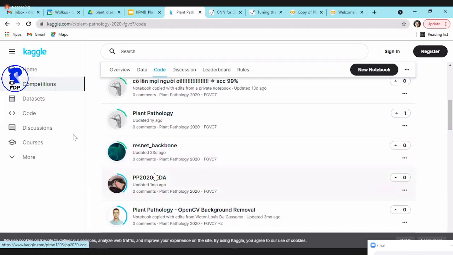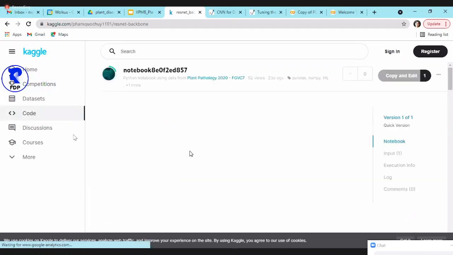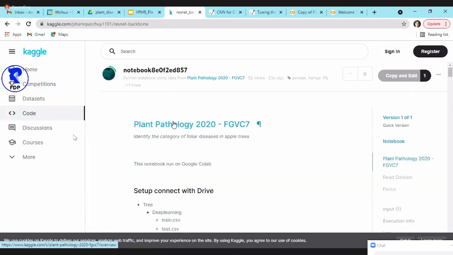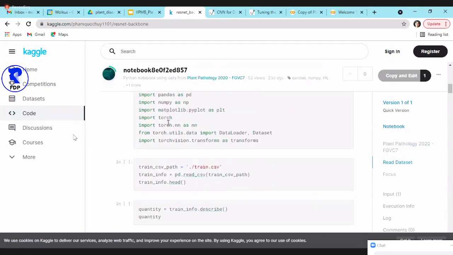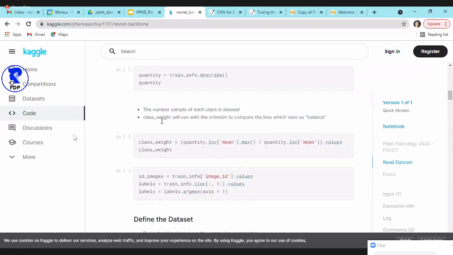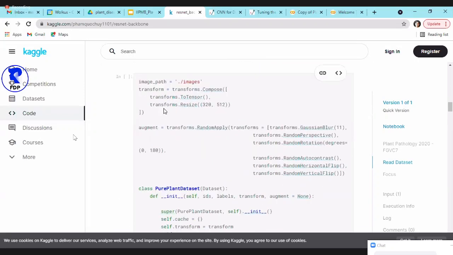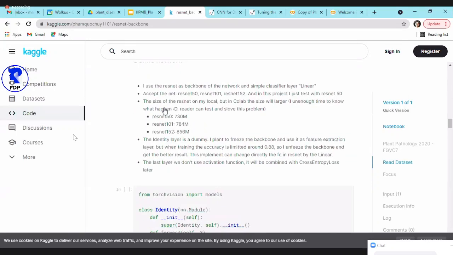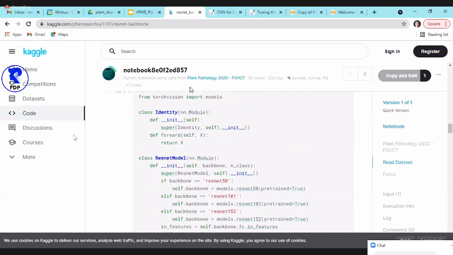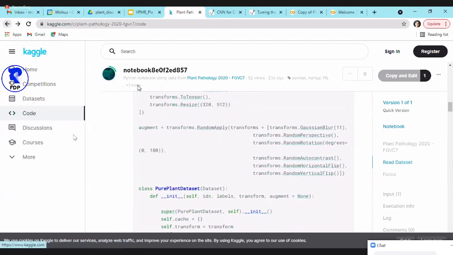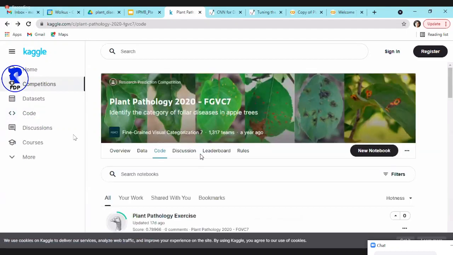They have used an architecture called ResNet, and you can click on that and see their code, how they are doing it. They have used PyTorch, just to give you an idea. They are not using Keras here, but you can do the same thing using Keras. Keras also has ResNet. Here you can see how they have done it and what accuracy they have achieved. Kaggle is excellent if you want to practice machine learning. There are some discussions and all that.